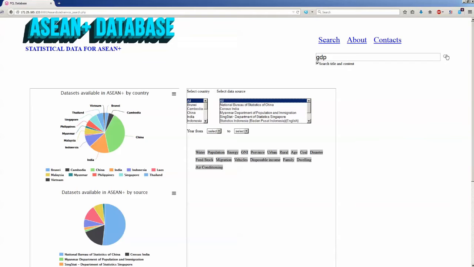So now here you can select which country. So what did you say, Lincoln? Everything, right? All countries. So I want to know GDP for all countries in the ASEAN Plus. Okay. Year, here we just leave it, because this also is a somewhat experimental feature at the time being. We found that most people aren't really interested in years, because you have the years anyway in the data set itself. So if you restrict it, then you just restrict your universe of data sets you have available for searching. Then you hit this little icon here,